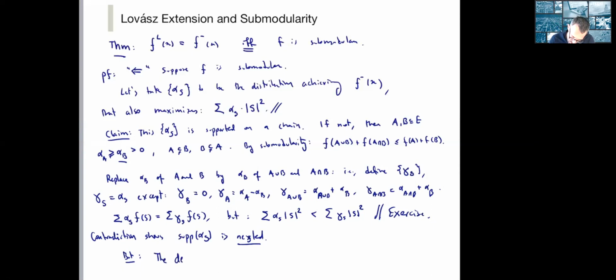So the decomposition into a chain is unique, and that's the result that we want, the first part of the result. That means that f minus of x is equal to fl of x. And again, we used submodularity in